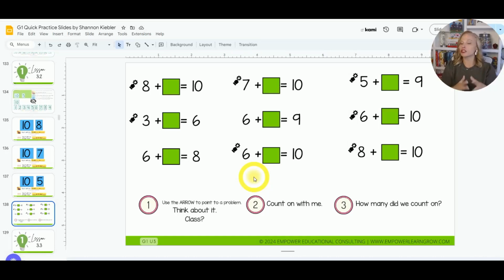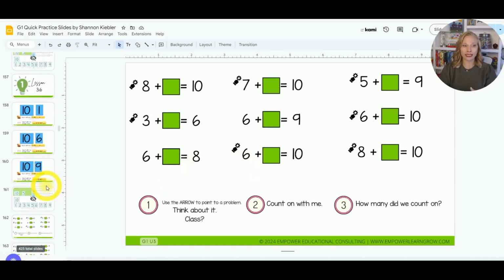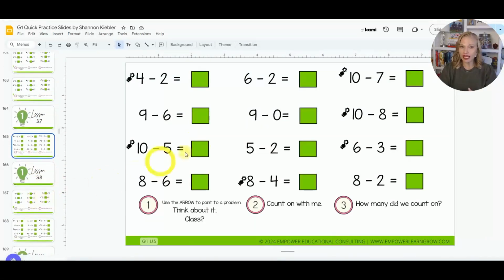Okay, so we're practicing 2 things. Ideally, this quick practice is just about getting better with counting on. I'm also weaving in some fact fluency practice to get automatic with some of those facts we've been working on. You will continue that all the way through lesson 6. And then when you get to the end of lesson 6, you can see that we have unknown numbers. We get to lesson 7, and now we're going to do both. So we're going to have a counting on the unknown addend, but now we're going to say, now let's count on for